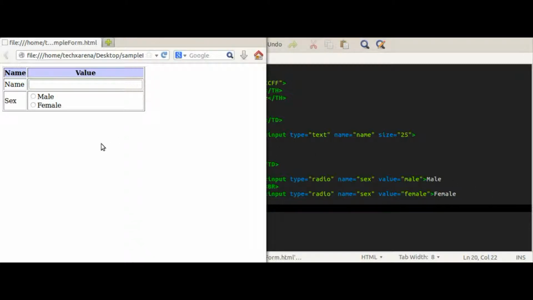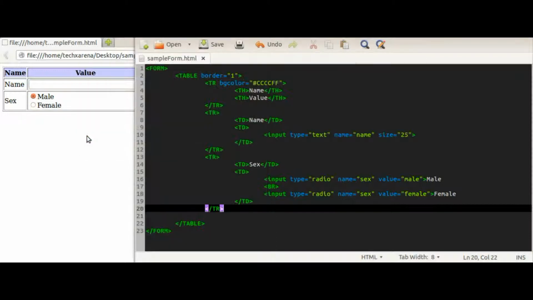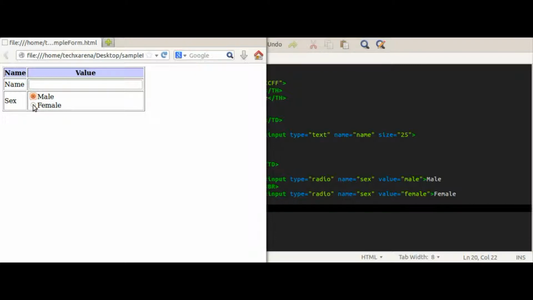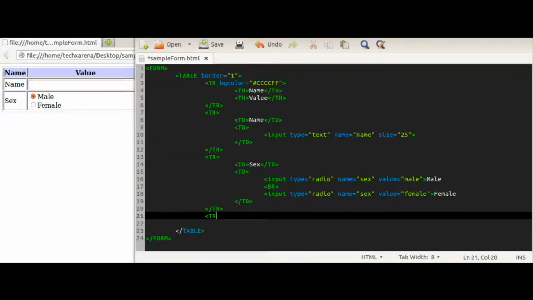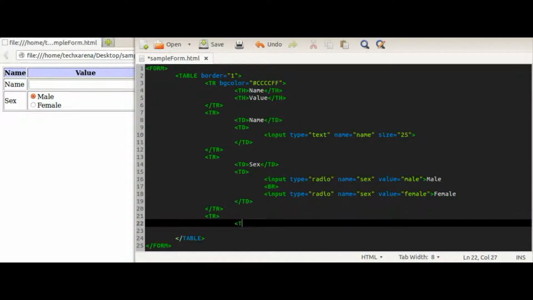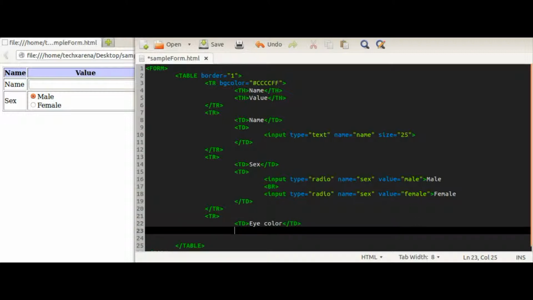Let's refresh here. So you can select, these are radio input types, so you can select what you want, and you can select only one. Anyways, the next thing we'll do is select eye color. So we'll just open tr again. For every new row you have to open a tr tag again. For every new cell you have to open up another td tag. So we'll just write eye color, close td tag, and